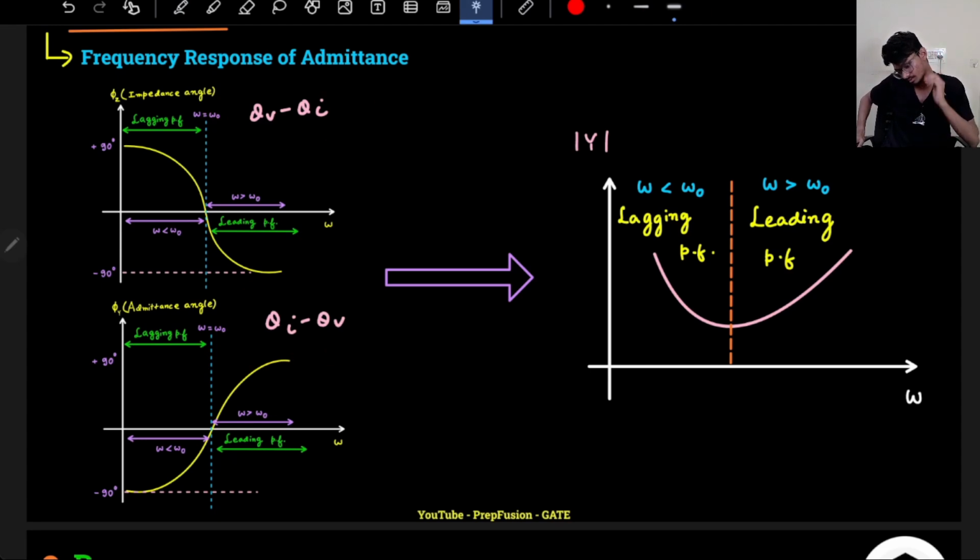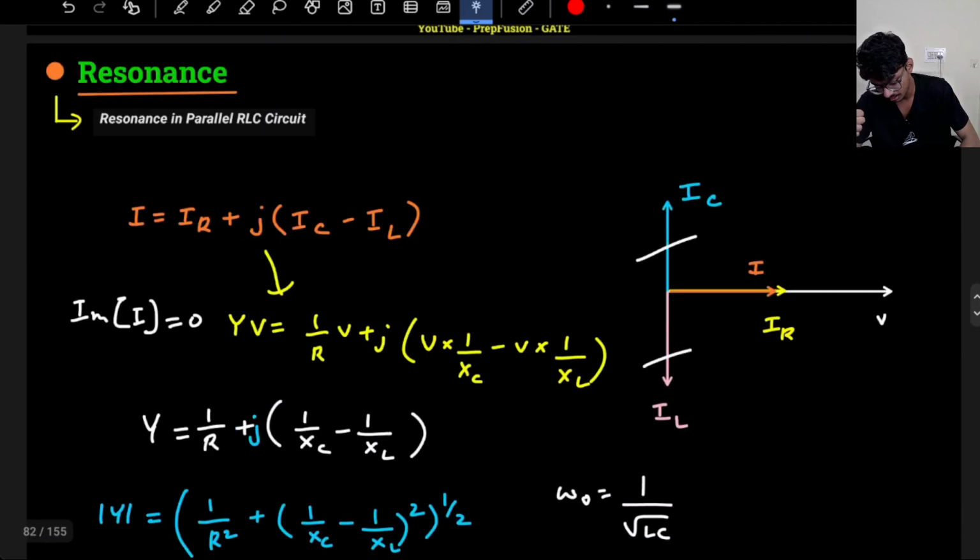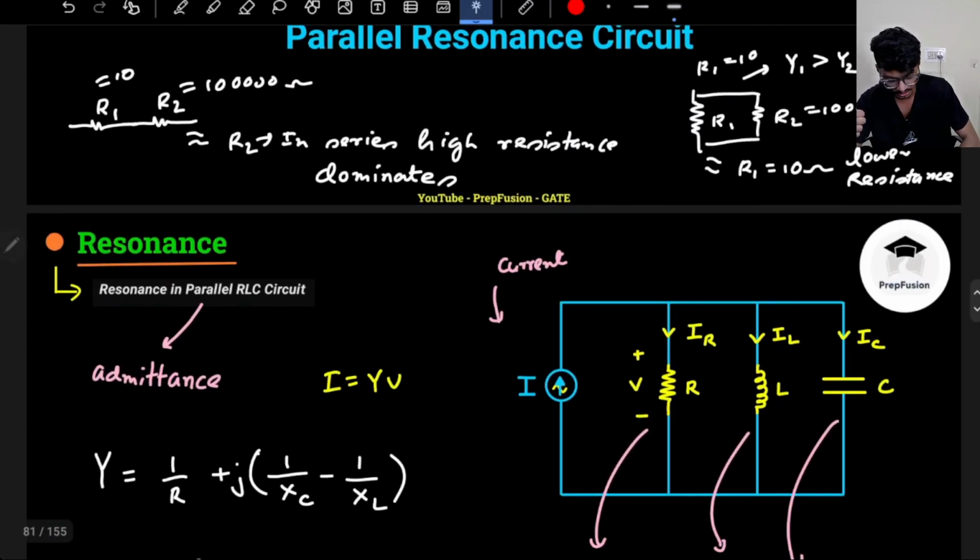So this is the graph. You can intuitively understand this as well. Let me choose a very low frequency, omega equals 0. If I choose omega equal to 0, what will happen? In the parallel RLC circuit, the inductor will provide a short circuit and the capacitor will be an open circuit at omega equal to 0. Of course, we ignore the open circuit in parallel, right? So all of the current will flow through the inductor, hence it will behave as a purely inductive circuit. So that's why for omega less than omega naught, it behaves as a